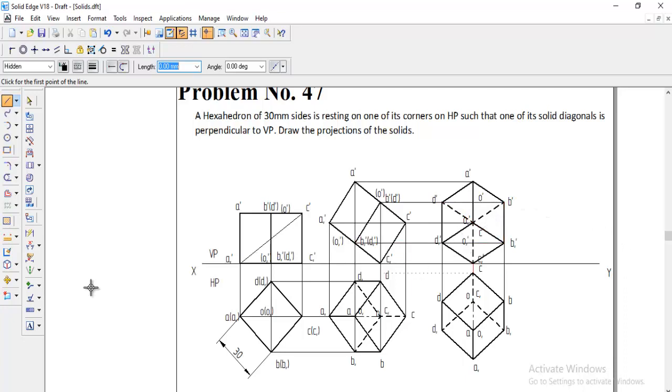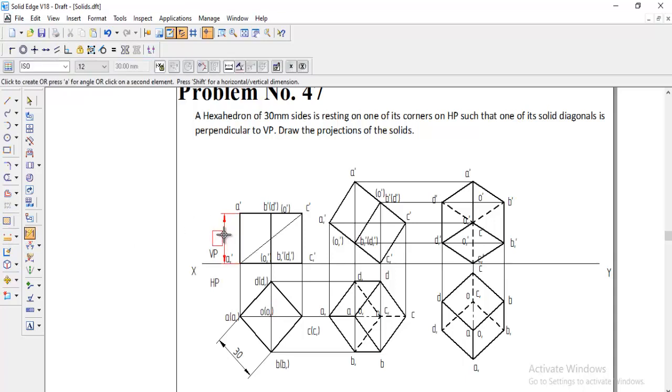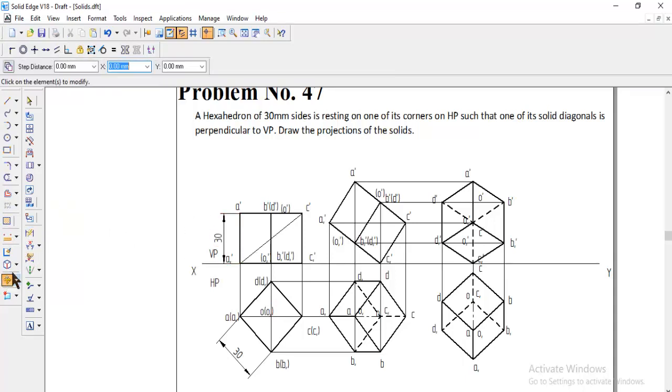So like this we can get all the points, and before ending up, any missing dimension we can show here. Also we can show this dimension 30, and any namings that are overlapping or not in a proper position, we have to keep in a proper position so that when we take a printout, all the namings should be properly visible. Okay, like this. So we got everything, the conditions are satisfied. So all the namings and everything are finished.